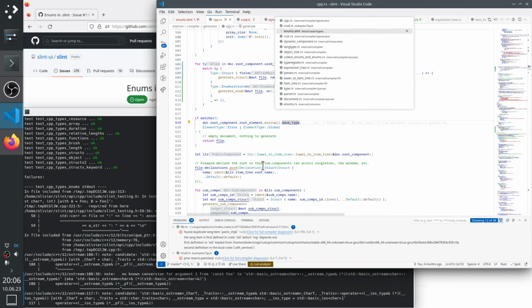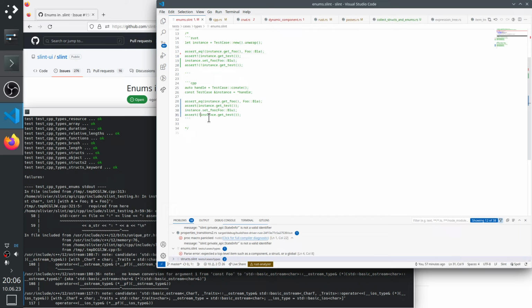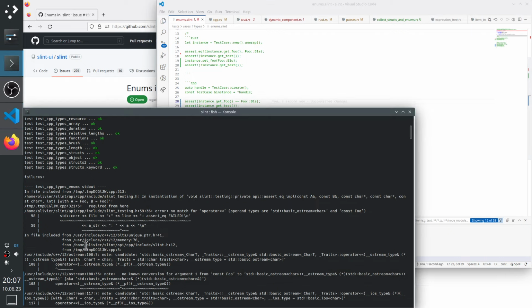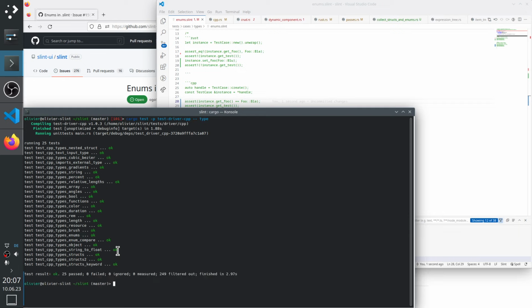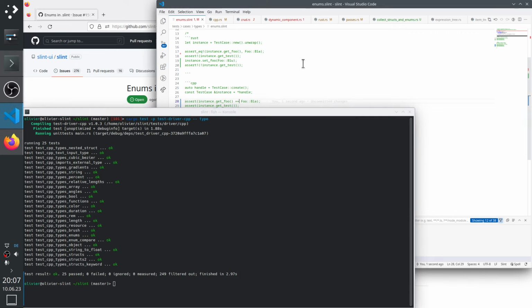The assert macro needs this, but let's just ignore that and say I want this. Yeah, I know it's cheating. I should probably create those operators, but no, we have it for C++. And now I wanted to